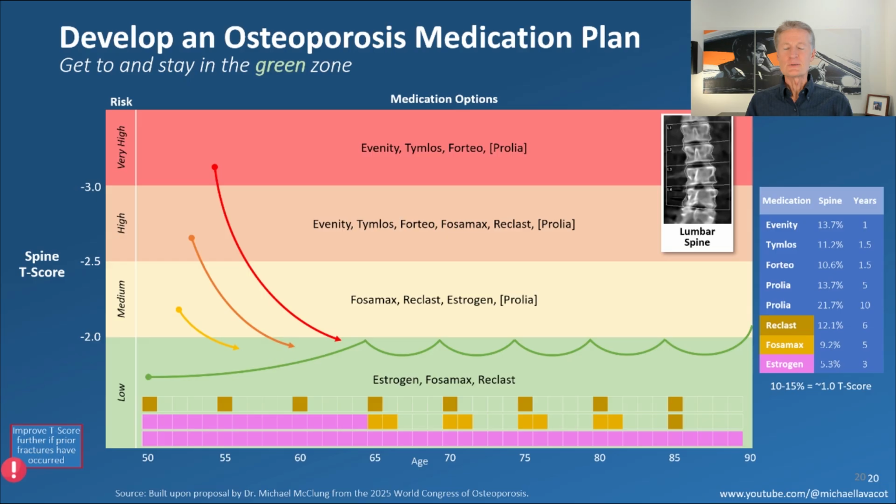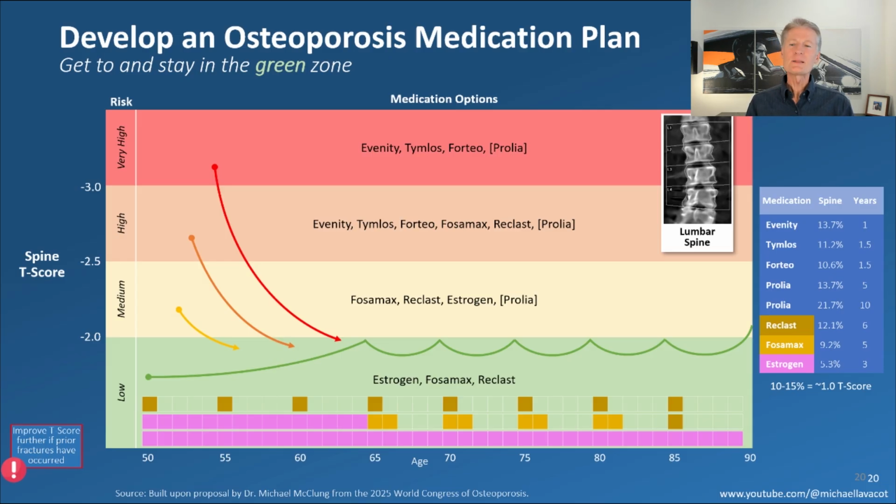But there are other options, and Mike McClung explained these. And this new line here that shows Reclast being used every 5 years, he got this from a new clinical trial that just finished this year, 2025. And I'm going to show you the results of that. But the net from that clinical trial was if you do Reclast just once every 5 years, you're able to maintain your bone density and also that structure for a long period of time. Now, this trial was 10 years, but the hope is that you'll be able to continue this throughout your life.